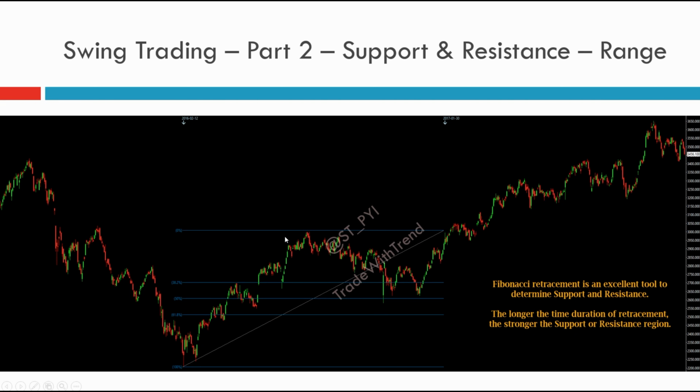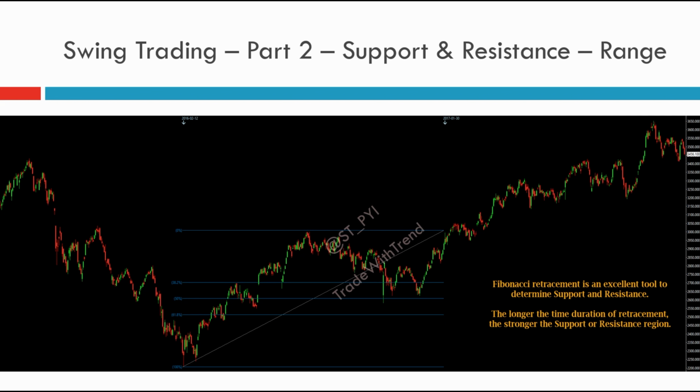So this is the Fibonacci retracement chart. Now we have a proper downtrend here, then the price retraces on the upside and then moves ahead. I think this is Nifty 50, or some infrastructure index. What I'm trying to show you is that once price forms a bottom and it moves up, in swing trading especially, this Fibonacci retracement of 50% level plays a vital role in determining support or resistance.